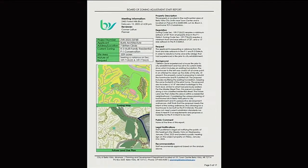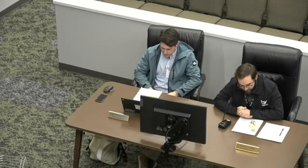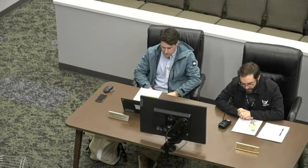We have one item of new business, zoning variance 2025-56948, a variance request of the R3 and P1 building setbacks to allow reconstruction of a townhome at 7 Britton Circle. Planner LaRue. Good evening, Commissioners. Yes, so the property we're looking at this evening is located in the north central area of Bella Vista city limits near Town Center. It's located on parcel